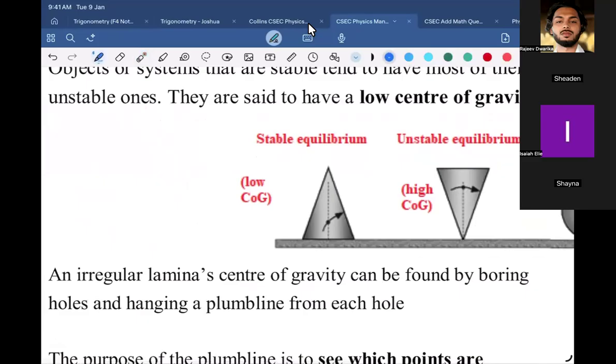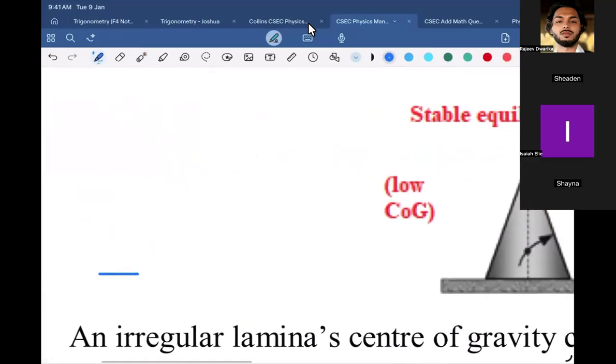I want to make sure you understand that, so let me reiterate. Think of the example with the pencil. The center of gravity will usually be in the center of the pencil. So if you stack Legos and it's 10 centimeters, provided that all of them have the same mass, the same weight, then the center of gravity would obviously be in the center, at 5 centimeters. Make sense? Yeah.